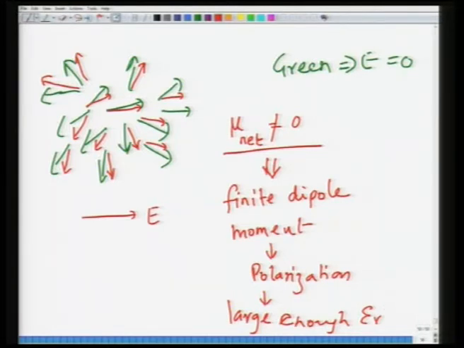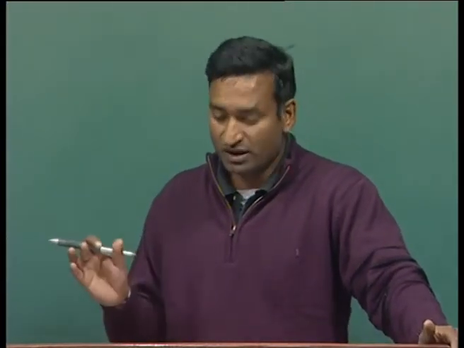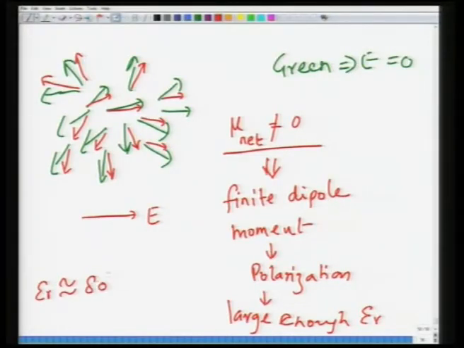Now what you will see in many books is complete alignment in the direction of the applied field. That is not necessarily true, because if all the water molecules were completely aligned in the direction of the applied field, then the dielectric constant that you would observe would be huge. But what we see practically is epsilon r of the order of 80, which is large, but not huge. So it suggests that there is alignment, but not complete alignment. Whatever is given in the books is a schematic diagram, just for the sake of illustration.